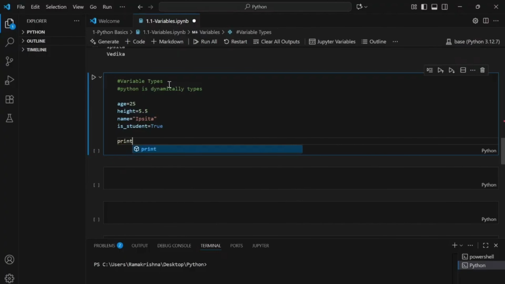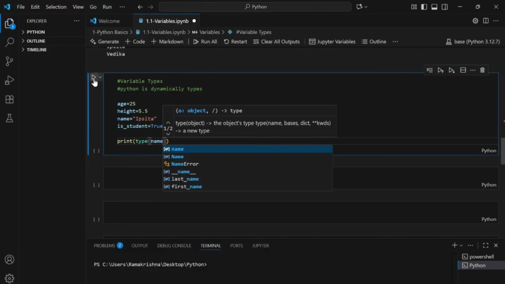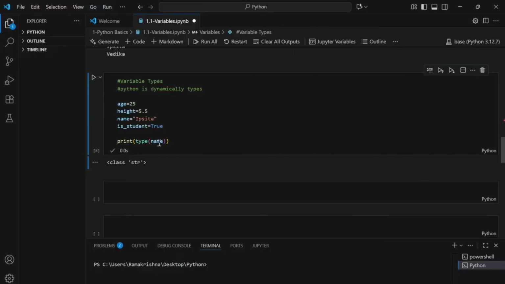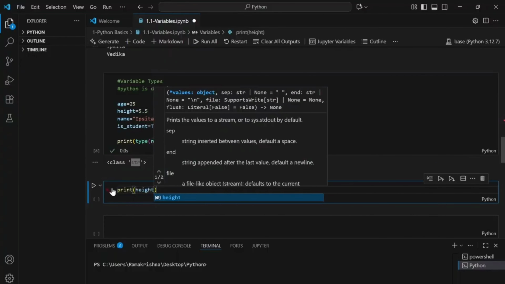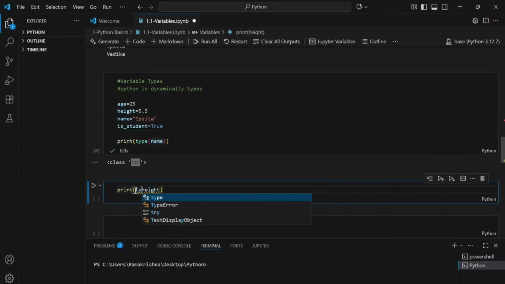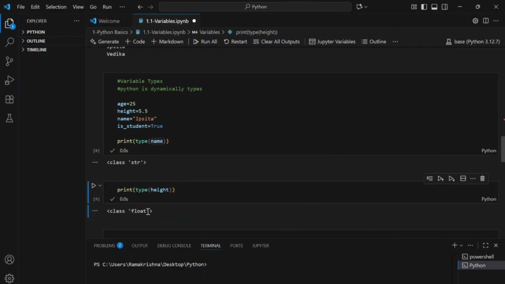Now let me check the type of these variables. If I do print of type of name, let me see what Python has defined the data type for this variable name. So it's string. Now let me check the type of height. It should give float because this is a decimal value.